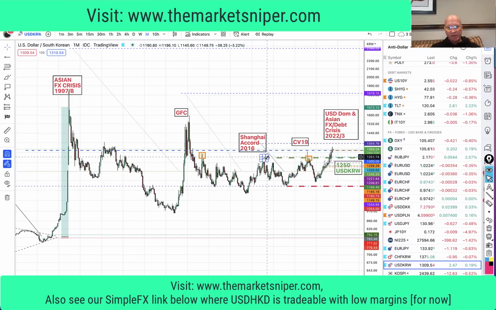Here was where the Shanghai Accord occurred, real weakness on the Chinese debt situation, and of course the Korean won weakened into that. Then we had the COVID-19 run-up before the 7 trillion print, which pulled it back down. And since then we have been in breakout, but making slow progress. And this is the Asian FX debt crisis, which comes with some dollar dominance, which partly overlaps with the